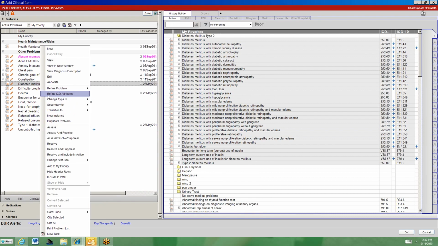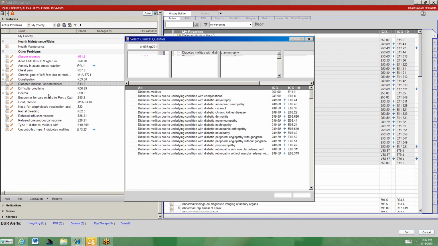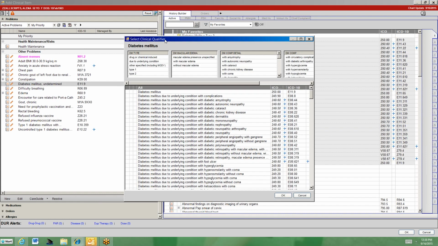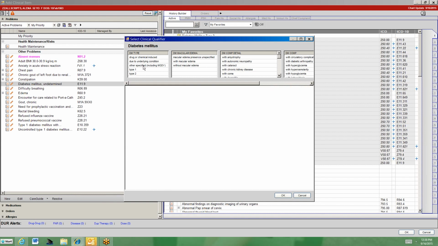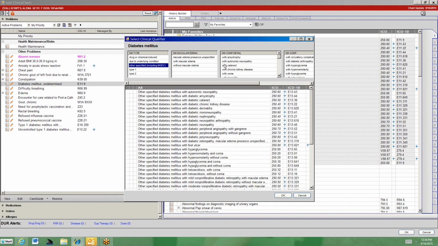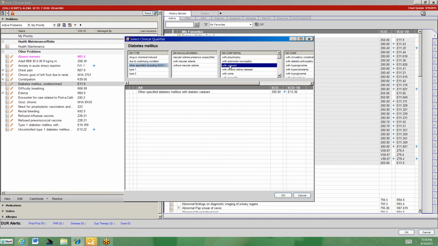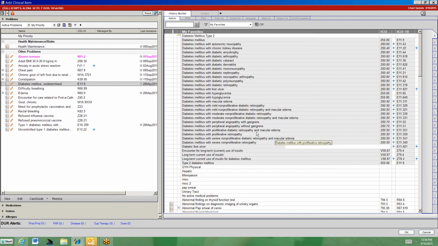The other option that you would have would be Refine ICD Attributes. This takes you to the Select Clinical Qualifier, which would then allow you to drill down to a more specific diagnosis by highlighting those areas that would be of reference. And you can see that what that does, it narrows that search more quickly for you to be able to choose your diagnosis. Working within the ACI, which is where we are now, you can see here that